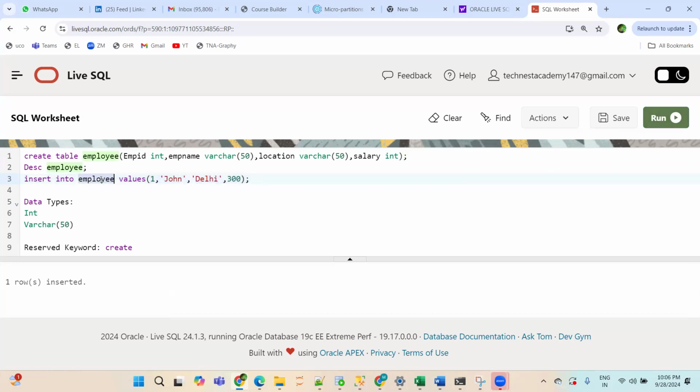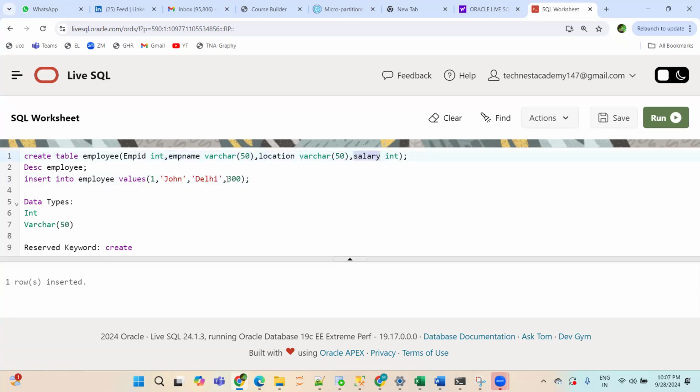Now, two points you have to remember here. This sequence must be the same as this sequence. This is mandatory. This is important. The first column you have mentioned here is employee ID, so this must be employee ID. This is employee name, so this has to be employee name. This is location, so this has to be location.